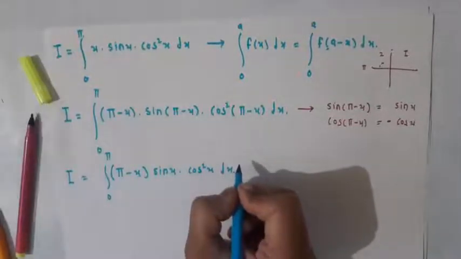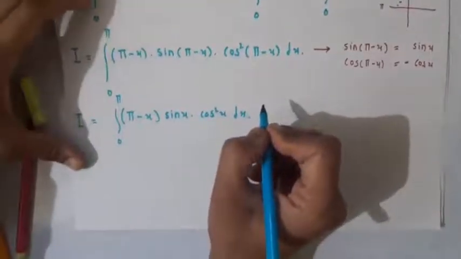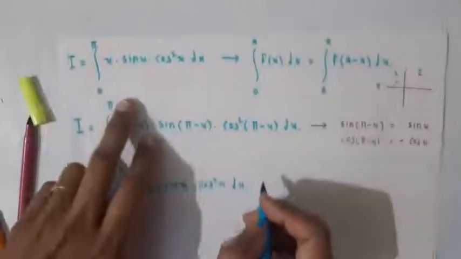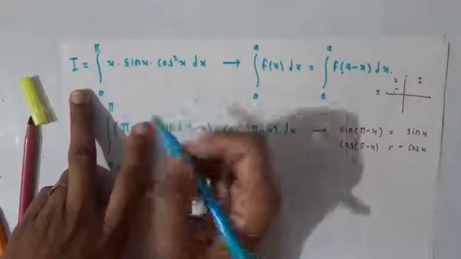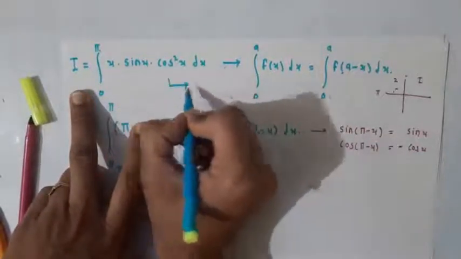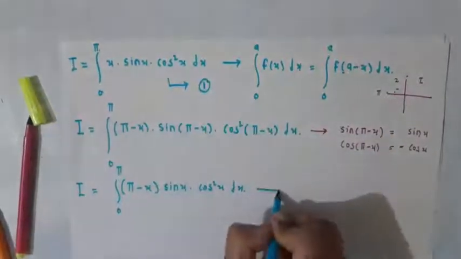Okay, and now this is x into sin x cos x, this is integration I. So students, suppose this is 1, and now suppose this is 2,